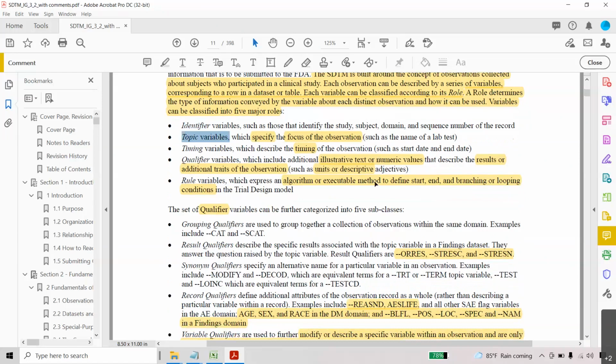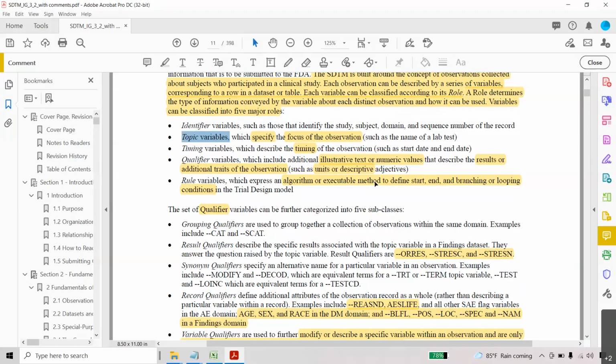Next one is the topic variable. What is the topic variable? It is very important, and for each and every classification there is a standard topic variable. It is also an interview question. For example, in the findings domain, what is the topic variable? It is the domain prefix plus TESTCD, the test code. Why the test code?